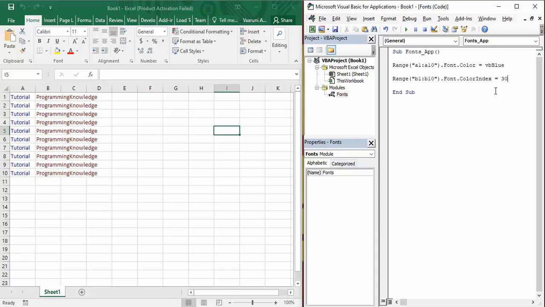So in this video we have basically learned about how you can apply colors in Visual Basic over the text. There are two options, either through Color or ColorIndex, but up till now we have only seen how we can change the text color. We have not seen how we can change the background color. So in the next video we are going to focus on exactly that, how we can change the background color of our text. And apart from that, we are also going to see the usage of the With block in the next video.